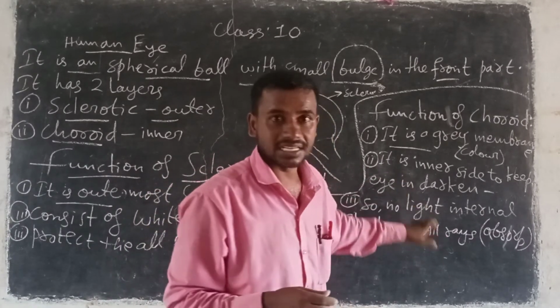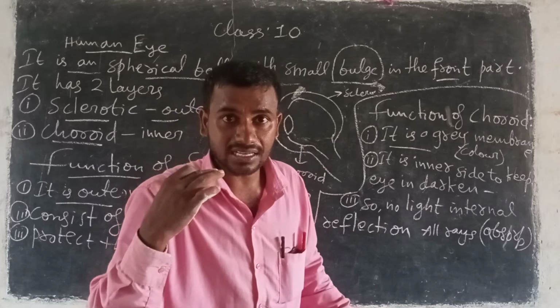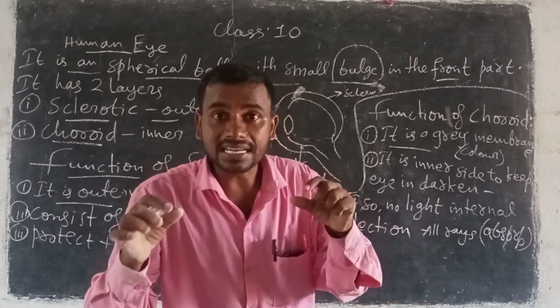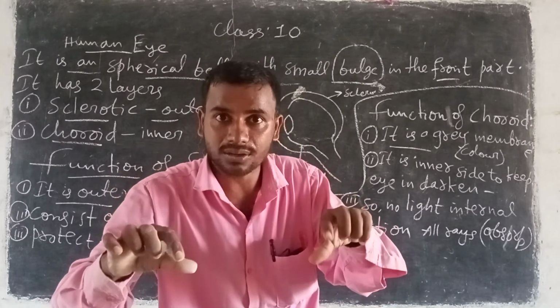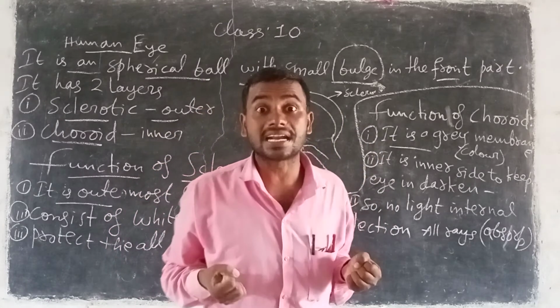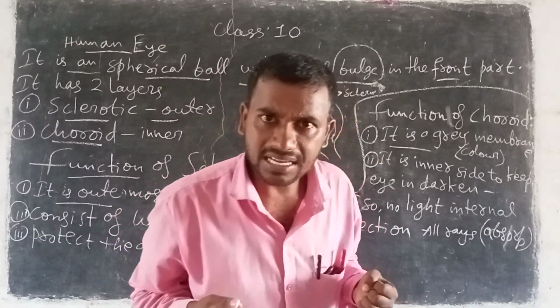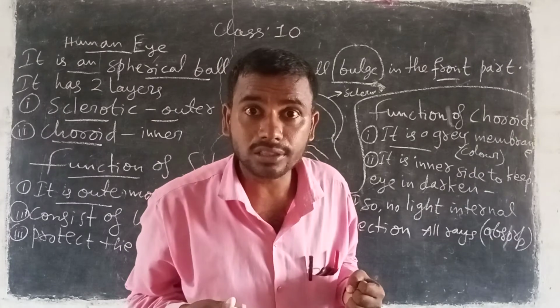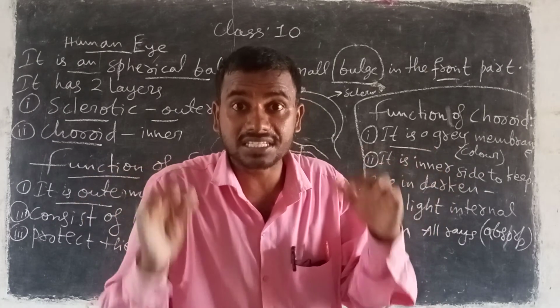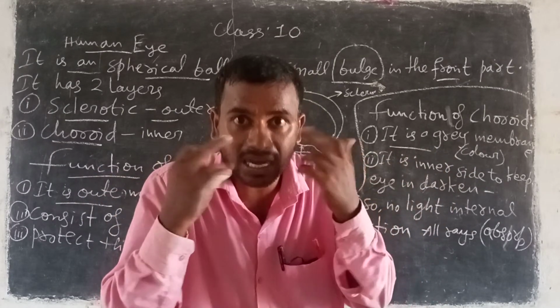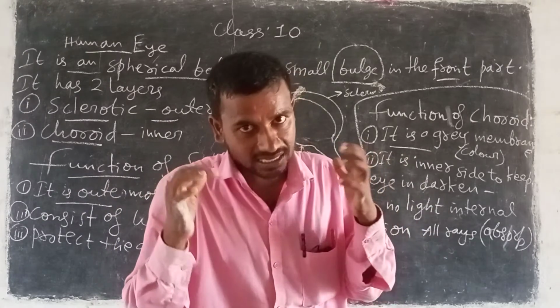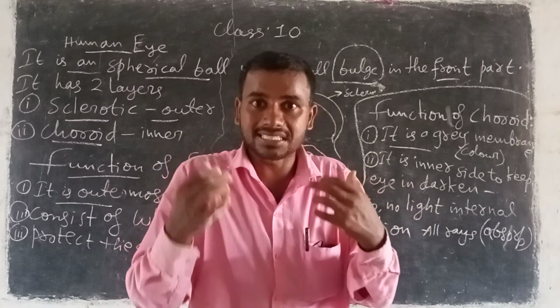This choroid is on the inner side of the eye and keeps the eye dark for receiving the light rays. When the eye is not dark, then all the light rays cannot be absorbed by our eyes. When it is dark, then all the light rays can be absorbed